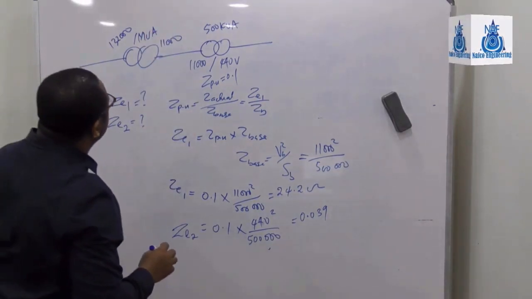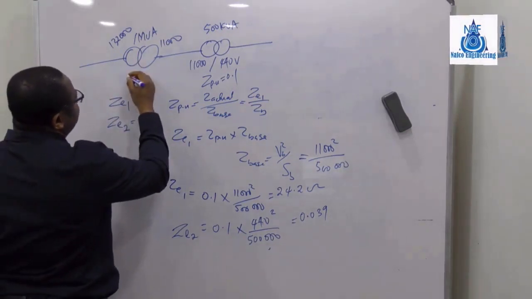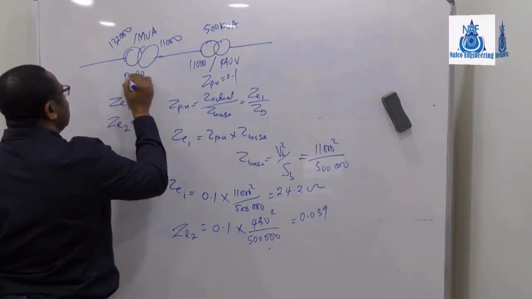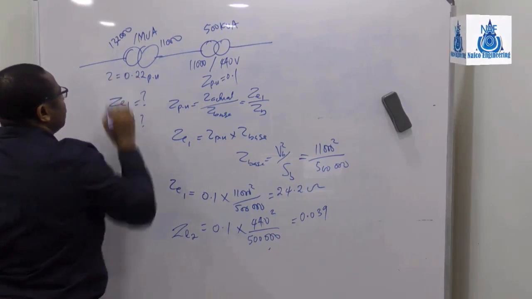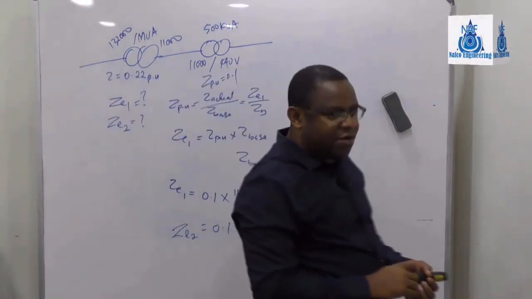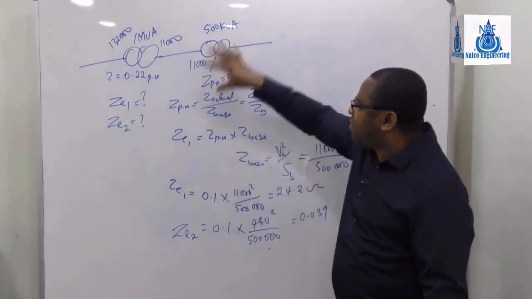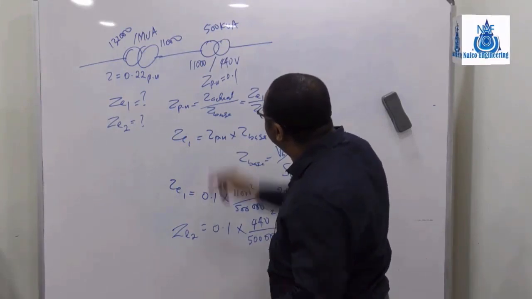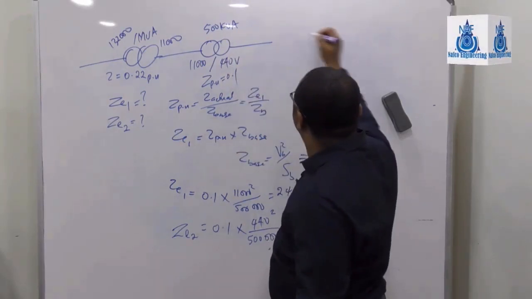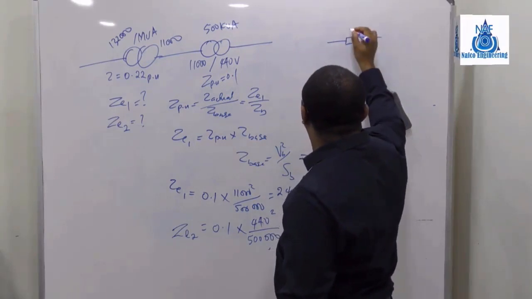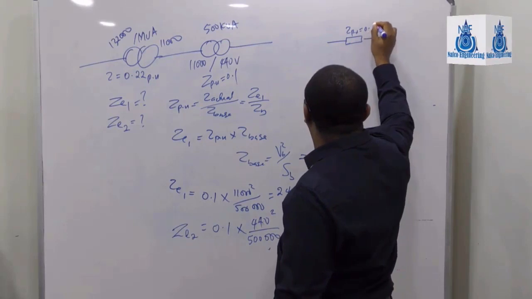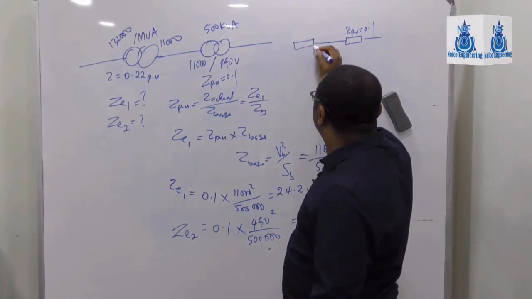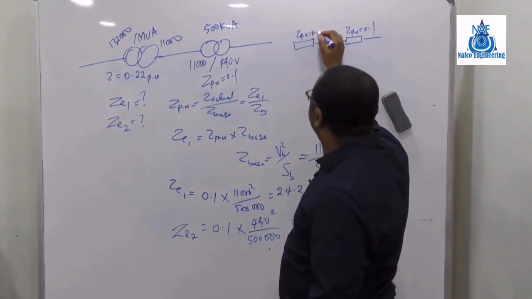And the impedance is, let's say, 0.22 in per unit, and the Z in per unit is 0.22. Now, when you have something like this, remember from what I have solved here, this particular impedance being Z in per unit means that I can even represent this as an impedance like that and say Z in per unit 0.1. So if I want to link this to this other transformer with its own impedance as 0.22,